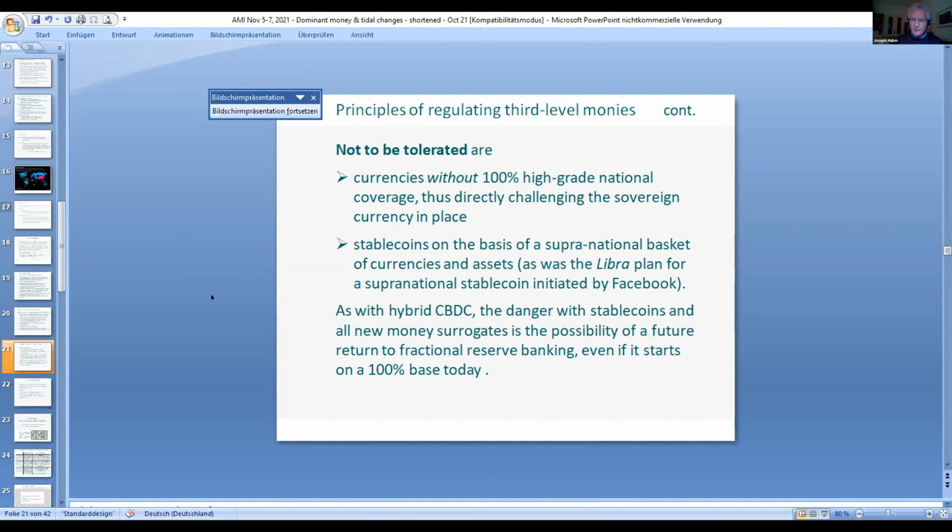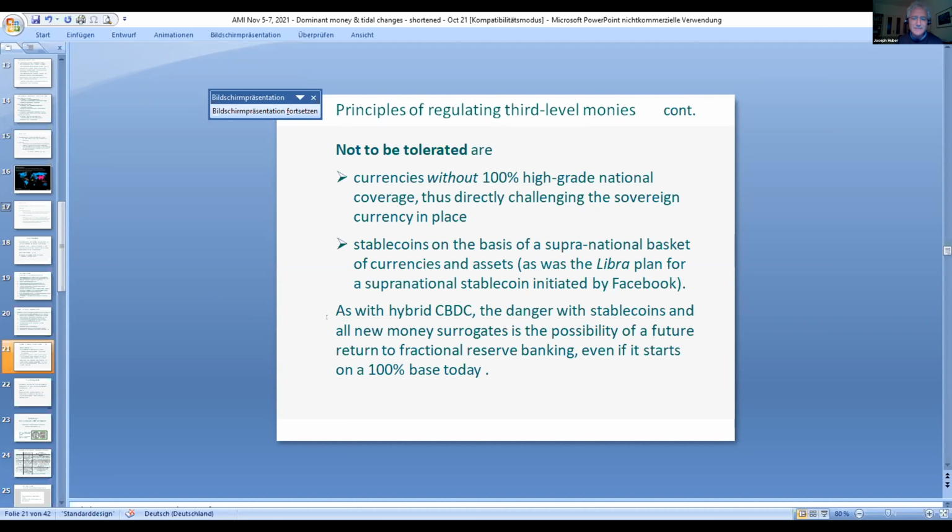The important thing for third-level new money, these types of money, is to develop further the already existing regulation, which goes in the right direction, because the basic idea is that these new types of money need 100% coverage. And if there is a CBDC on the rise, then there will be ever more CBDC coverage. And that will then actually be 100% reserve in a traditional sense. But we should be aware of the fact that there is a problem with these types of money, as well as with indirect CBDC, should that come.